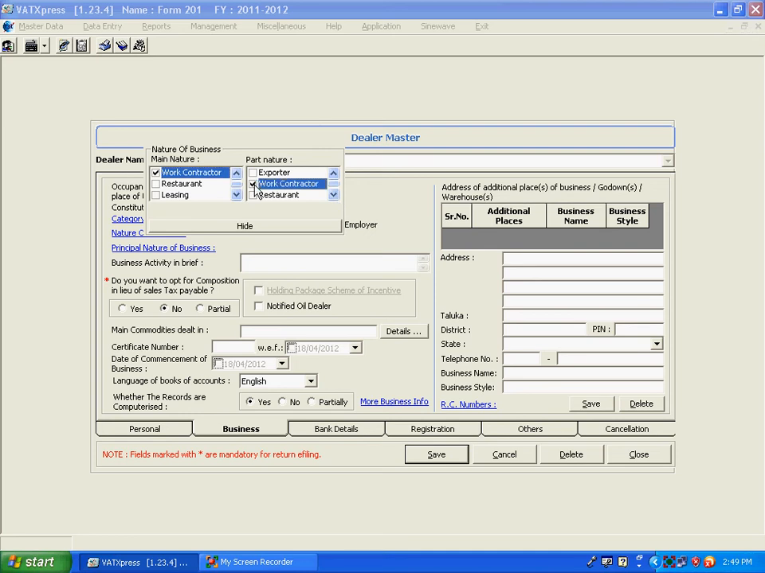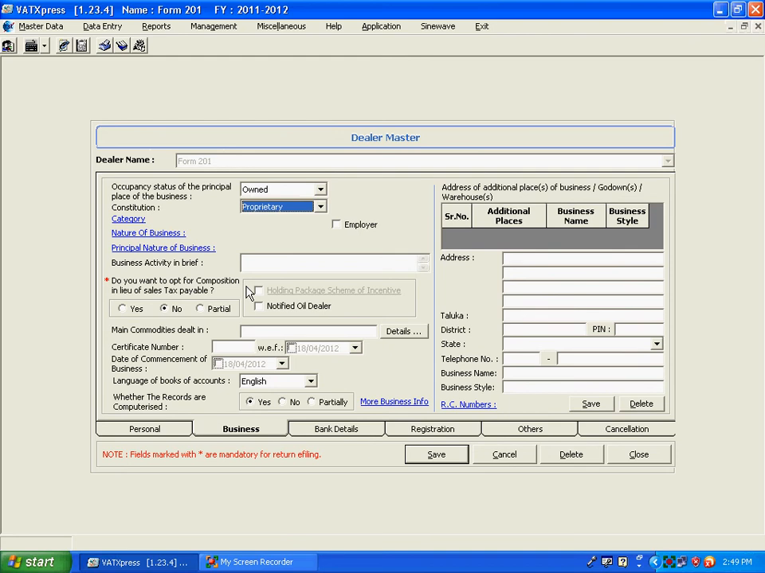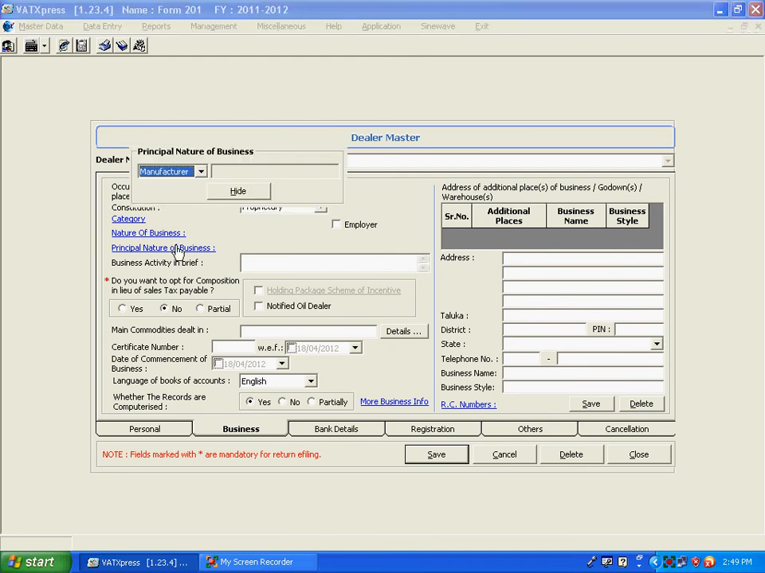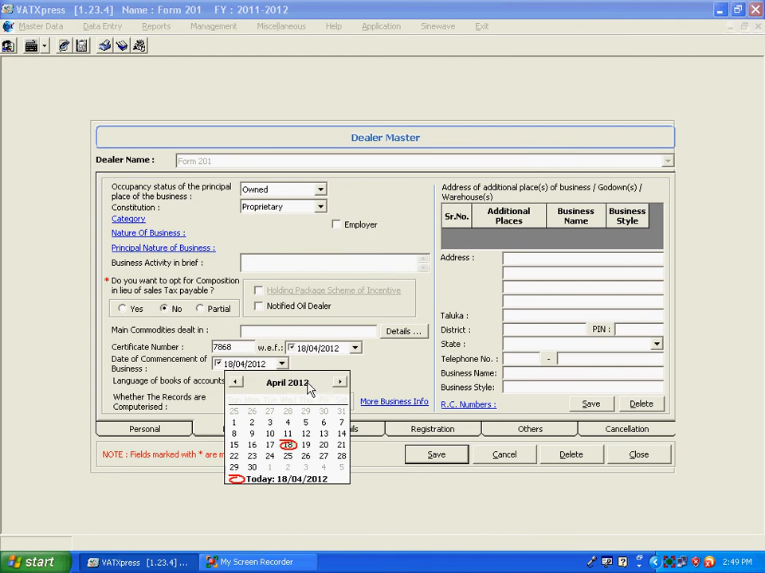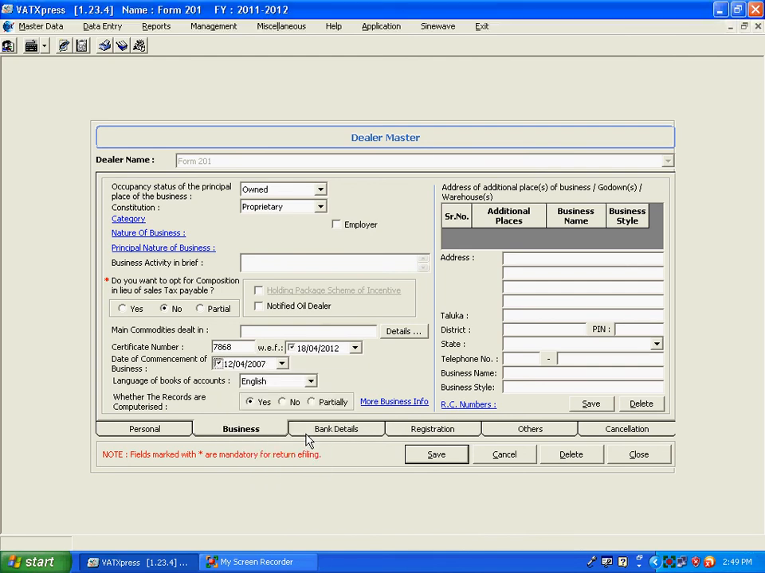Tick the main nature work contractor, enter the certificate number, date of commencement of business, language of books of accounts, whether the records are computerized, enter the address of additional place of business or godown